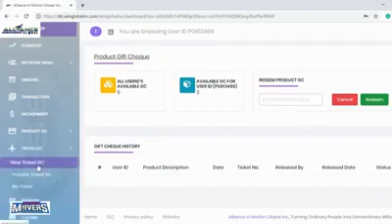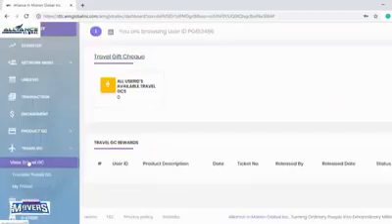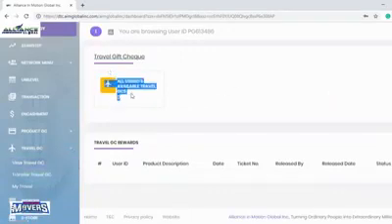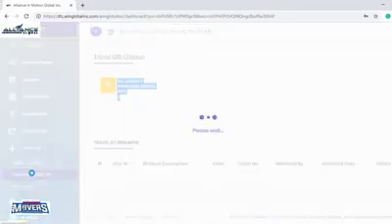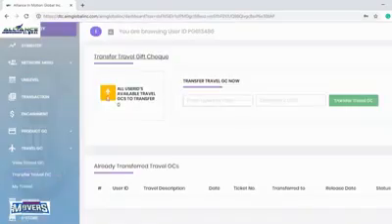Travel, if you have chosen the travel as the 5th cycle, then you can see it here. Okay, let me click. I already clicked the travel GC view. So in this case, there's nothing yet for the travel GC. It says here 0. Okay, you can also transfer when you click the transfer tab. Let's say you have 100 travel GC, you just need to put here the quantity and then your downline's ID and transfer.